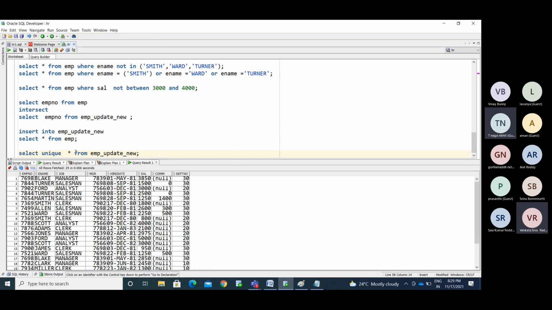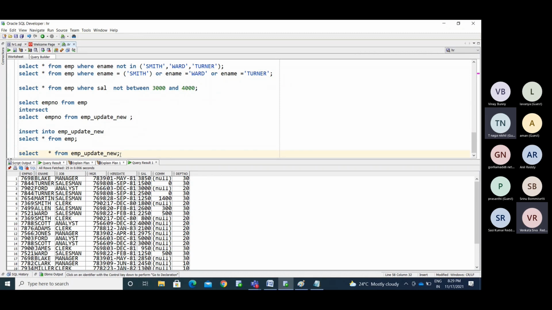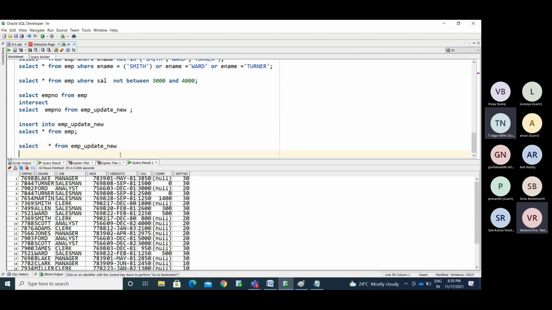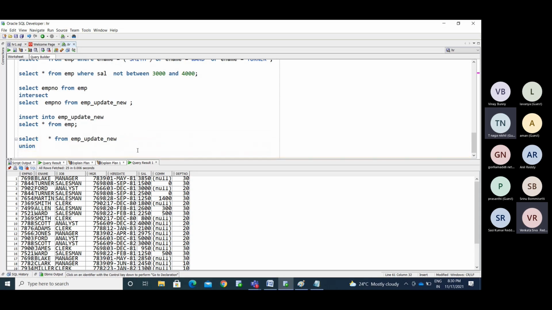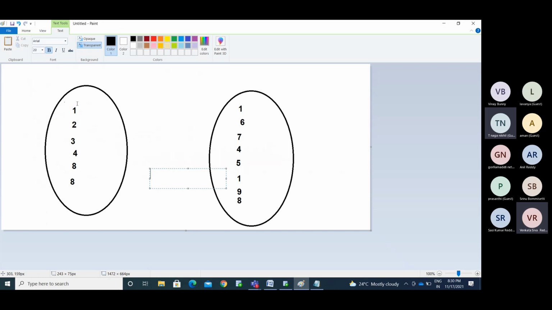The interviewer may ask how to display the unique or distinct records without using the distinct keyword. Whatever distinct values we have, it displays only one time. Now you use the union with the same set 1 with set 1 again.